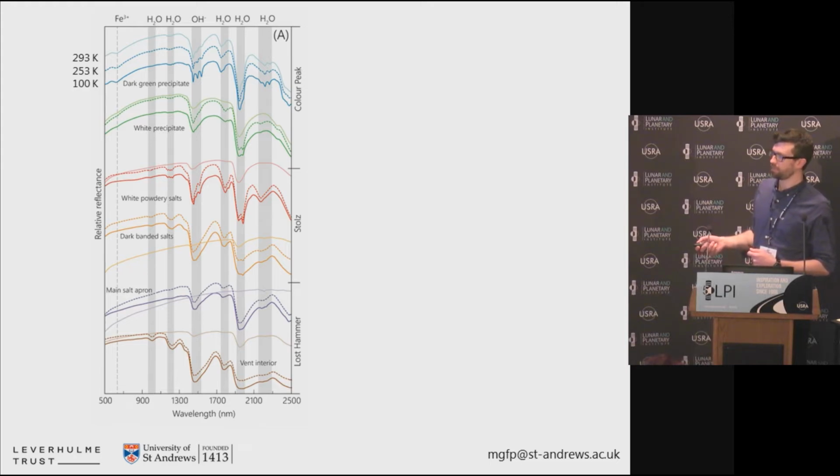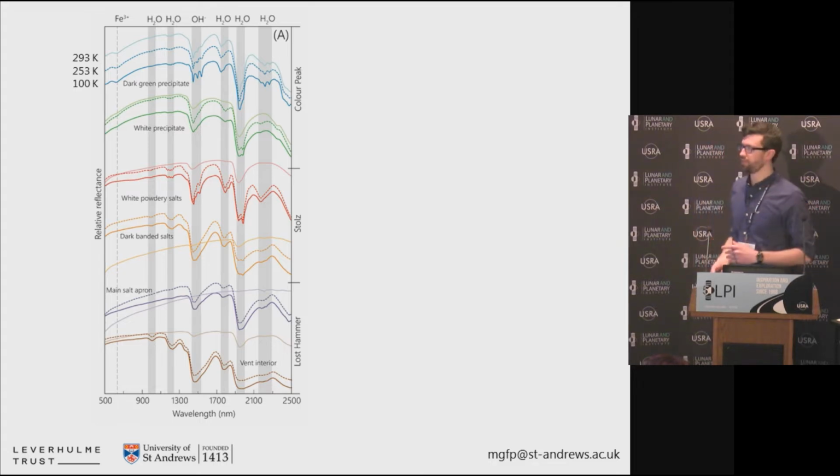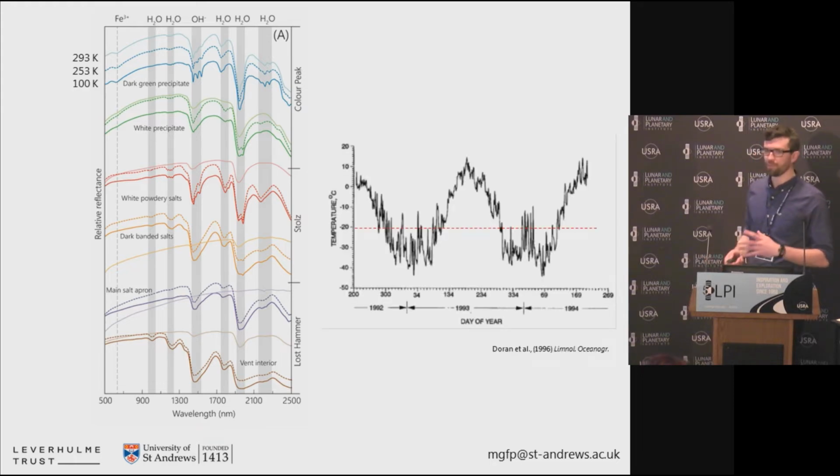What's interesting though is that the big difference is really between the 293 and 253 Kelvin lines, and actually the difference between the 253K and the 100K, despite the much bigger temperature difference, is minimal. We're not really seeing much of the band narrowing or sharpening or band minima shifts that have been sort of characterized with pure phase salts. This is interesting when we think about